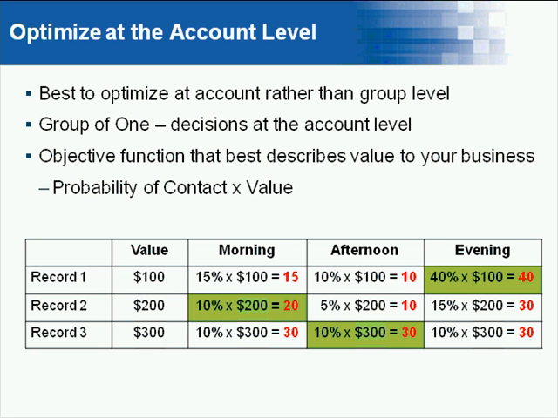If you were to optimize the schedule, you'd actually look at all the available combinations of value and select the best overall combination. You'd make a different choice here, and you would select record 2 in the morning, therefore leaving account records 1 and 3, which have a greater contact rate for the afternoon or evening. And so the bigger point here is both sorting and optimization are effective campaign strategies depending on your specific objectives of the campaign.